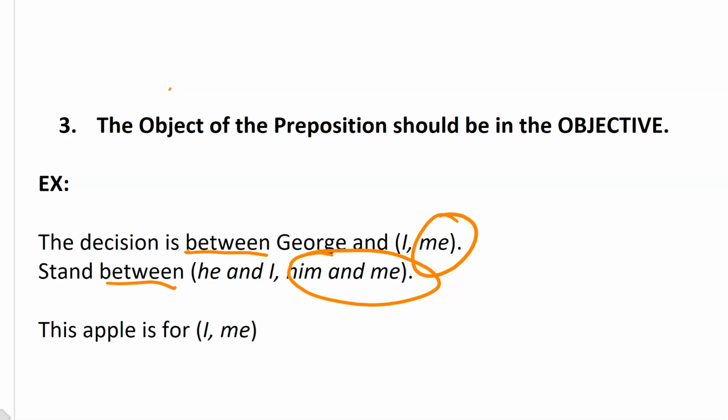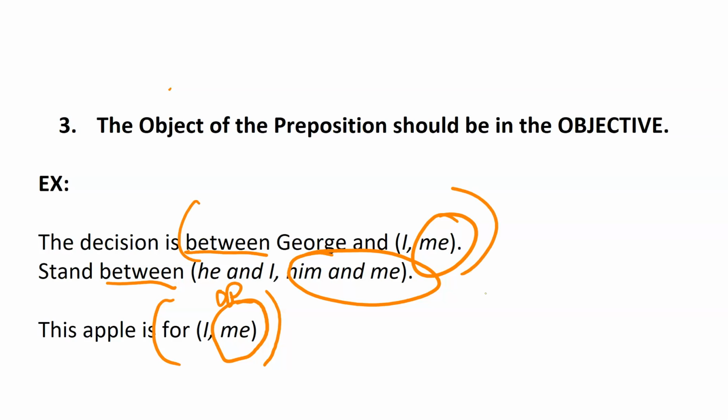Still confused? Then think about this very simple sentence. This apple is for I, or this apple is for me. I don't think you would hesitate at all. You would say that it's me. Clearly, you would never say this apple is for I, because this is a prepositional phrase, and this is your object of the preposition. So if the answer here is going to be me, it's going to have to be me in both these